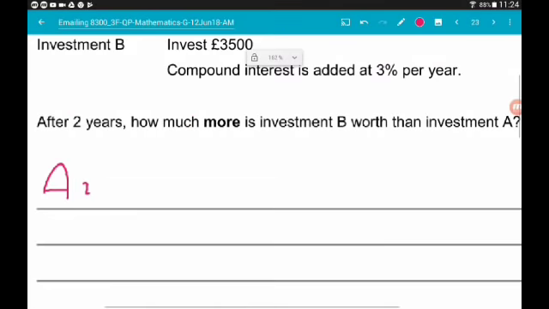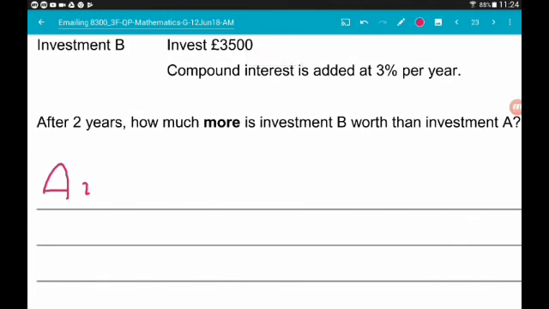So, first of all, we're saving £150 every month for 2 years. 1 year is 12 months, 2 years is 24 months. So to work out the total amount we save, we do 24 times 150. Now that gives us